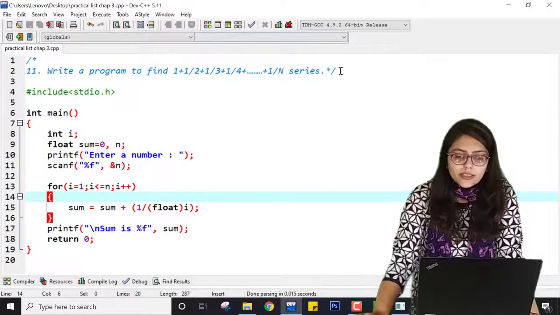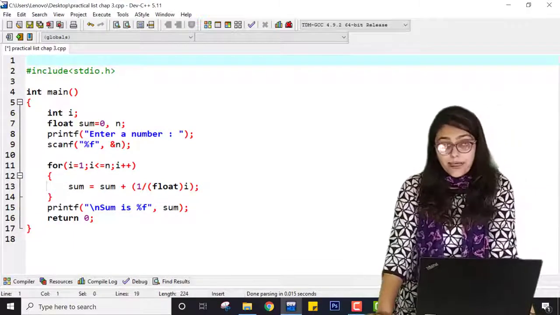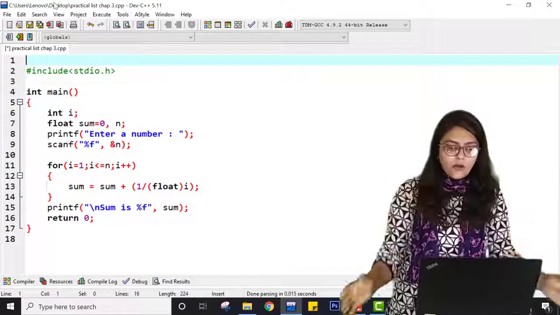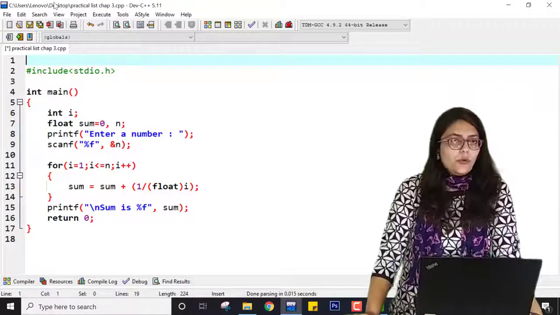So this is all about the last practical of this part 1 series. So these are the basic practicals. From now onwards we are going to do some advanced level of looping. That also covers so many practicals. I'll also upload a video based on that.